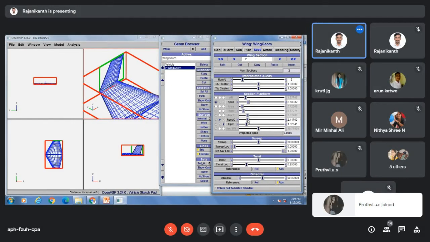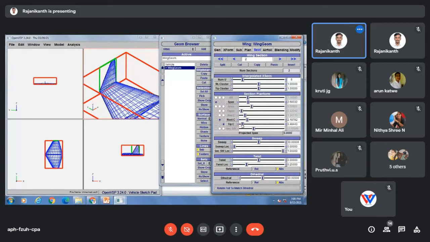So you can vary your root chord. Also, you can vary your tip chord. If you want to change the sweep angle, that also you can do. Okay, let it be like this. So generally this kind of wing we'll call blended wing.